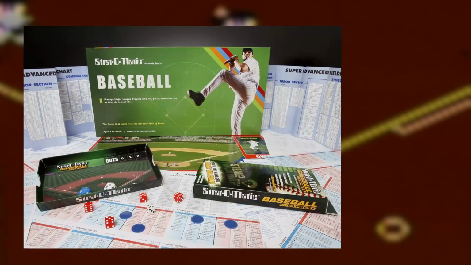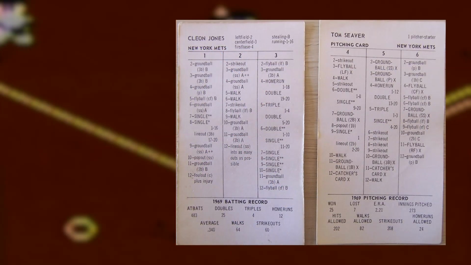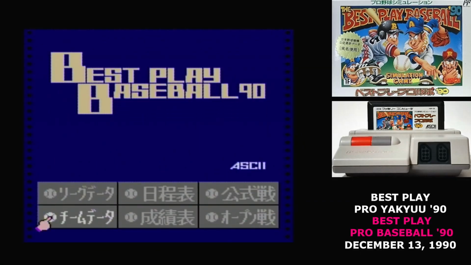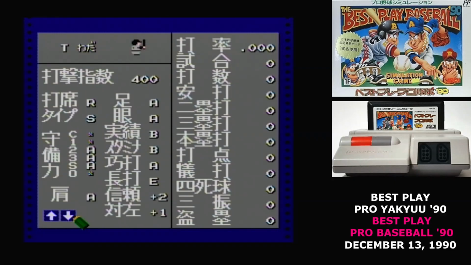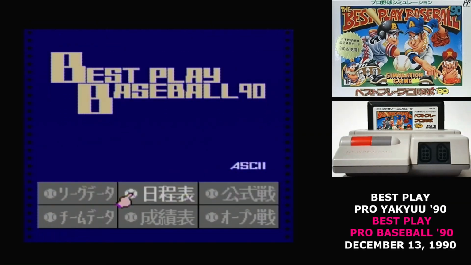Best Play Pro Yakyuu comes out of the tradition of baseball board games, where you'd have stats for characters on cards and use those to determine the outcomes of pitches. In Best Play Pro Yakyuu 90, you can set up a league which involves naming teams and determining who's controlling them, set up all of the teams on the league, which involves you looking through a whole bunch of stats for every single player, and then you can set up the team schedules, look at the league stats, and finally,